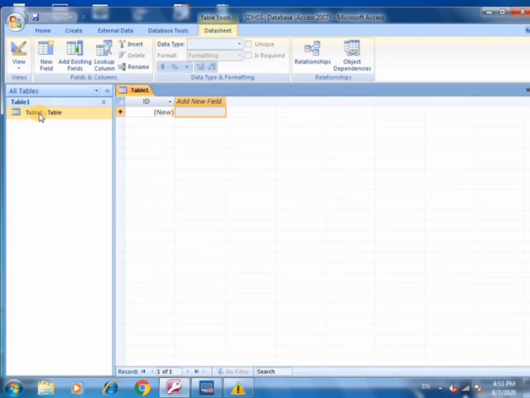Here you can see a table. Its name is Table1. It's a default name. You can change the table name. Every table is made of some fields. What is a field? A field is a column within a table that contains only one type of information. In the database of a school information system, the fields could be roll number, name, address, and date of birth. According to the fields, we can insert the records.